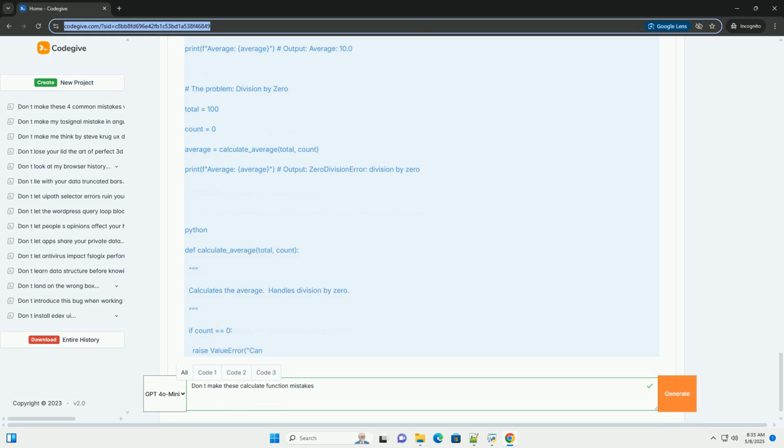3. Lack of clarity and documentation. A calculate function should be easy to understand and use. Lack of clear documentation and meaningful variable names makes it difficult to maintain and debug. Mistake: writing cryptic code with no documentation. Code example, incorrect. Solution: use descriptive variable names, add comments to explain the logic, and write a comprehensive docstring. Code example, corrected. Key improvements: